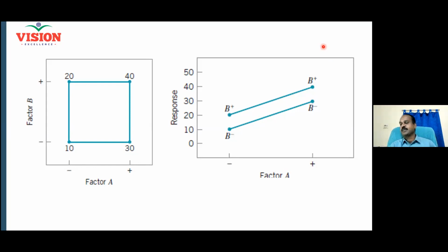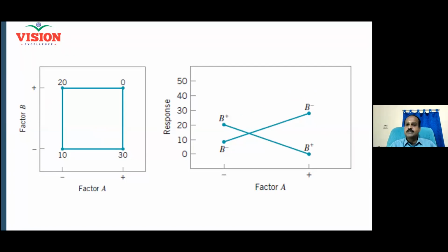Same thing. And now another graph, a different set of values. Now what do I understand? The graphs are intersecting. That means what? One factor influences the other. There is interaction. The factors are interacting. So this is how you can understand whether you must study the interaction or not, right?